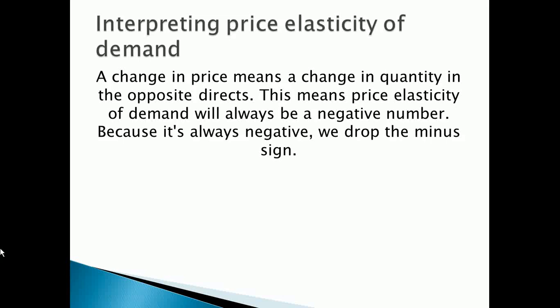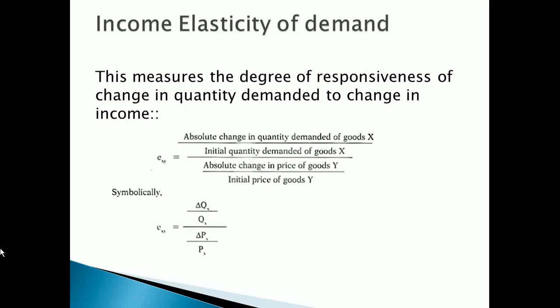In interpreting income elasticity of demand, the coefficient can carry a positive sign or a negative sign. When it carries a positive sign, it is a normal good, of which its variance can be a necessary good, of which its coefficient is less than 1, or a luxury good, when the coefficient is greater than 1. Now, the coefficient can also be negative if it is an inferior good.